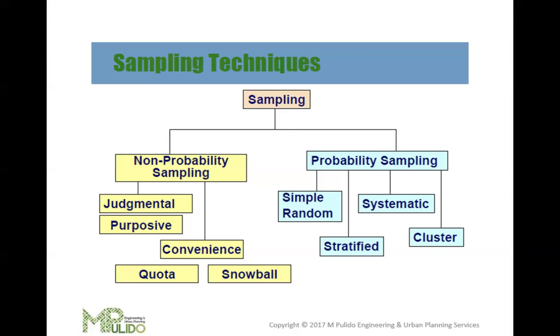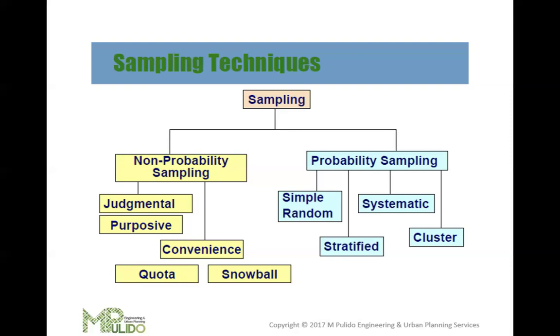Simple, random, systematic, stratified, cluster. Okay, let me discuss this one by one. Simple random is done where every member of the population has an equal chance of being selected. Drawing names, for example, out of a hat or using a random number generator to select participants from a list, isn't it? We even do that digitally. So there are already apps, platforms to do this one.